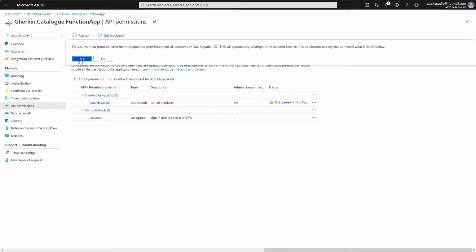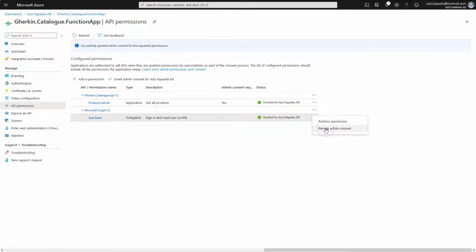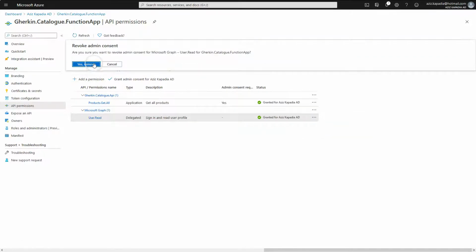This action is required for the application permission since there will be no user interaction when app will obtain the authorization token for the scope. This action marks all permissions as granted admin access. We need to remove it if we don't want to grant admin permission for all the delegated permissions.